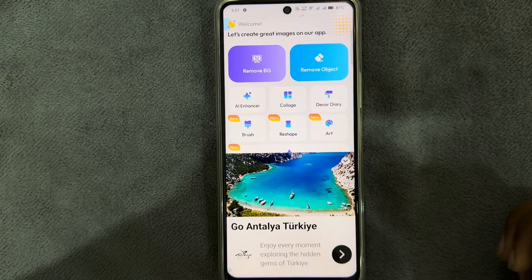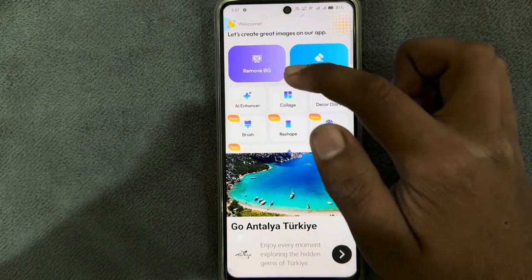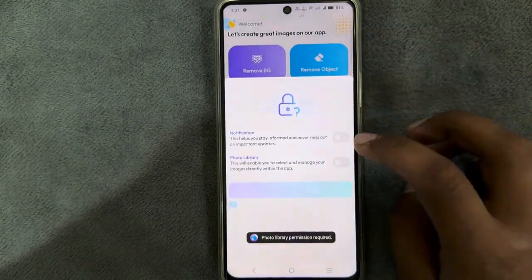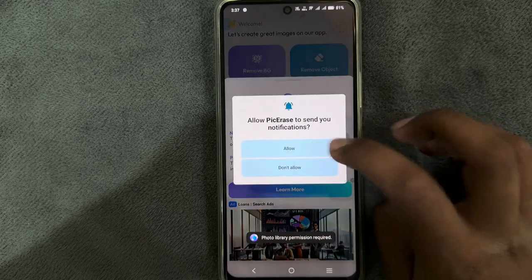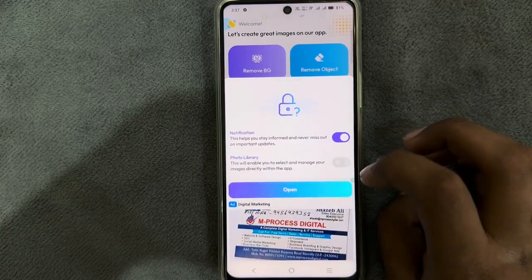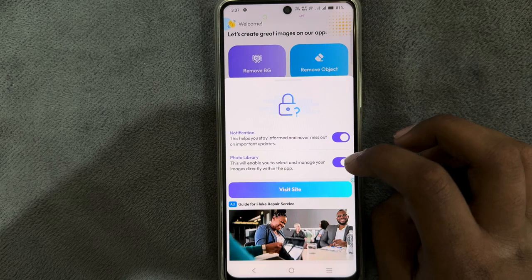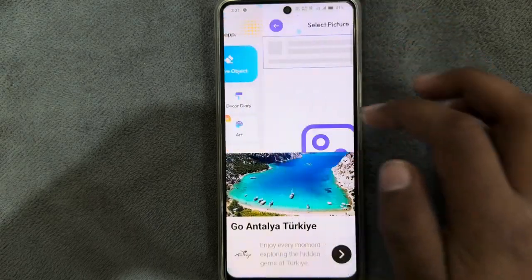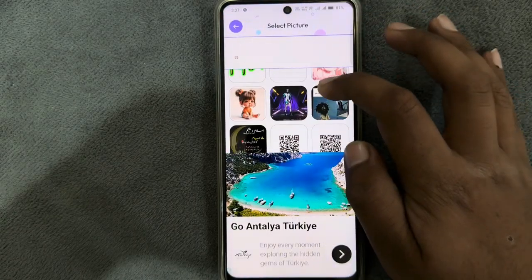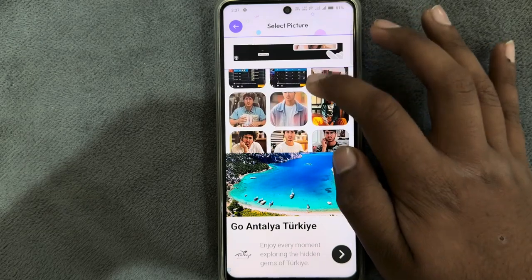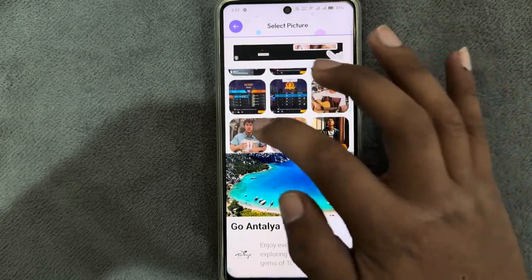After skipping the ad, you just have to tap on remove BG. Just tap on it and then allow the app notification and then allow access to your gallery, and then your gallery will be opened. Just tap here and choose the picture you want to remove the BG from. As I am choosing this one, just tap on it,